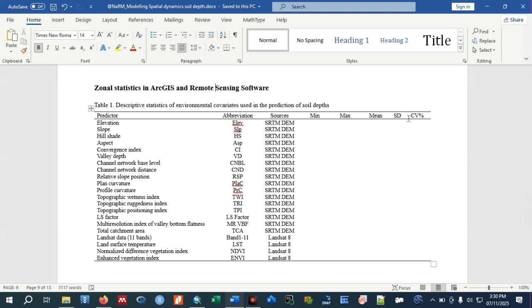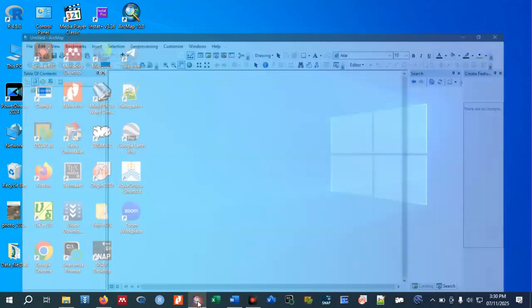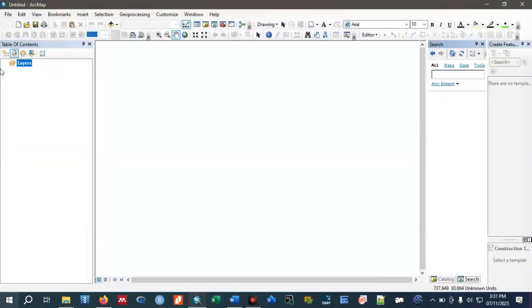So how to calculate these descriptive statistics in ArcGIS for the raster data file. Go to open ArcGIS. Yeah, here is the ArcGIS. We can call the first step